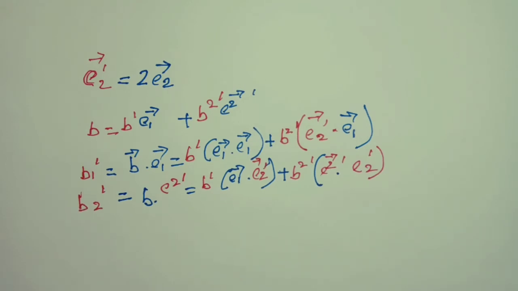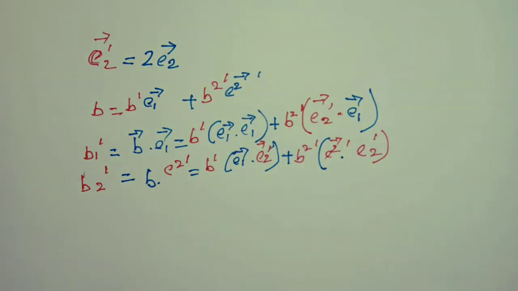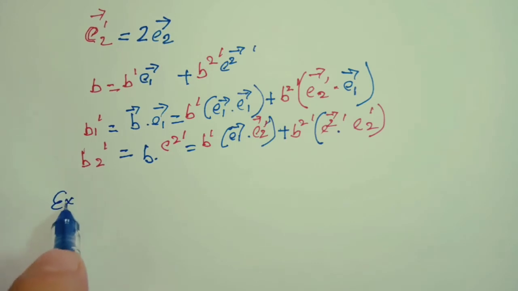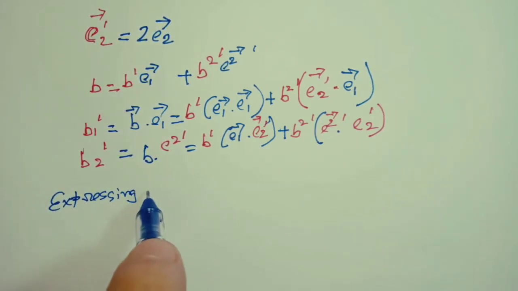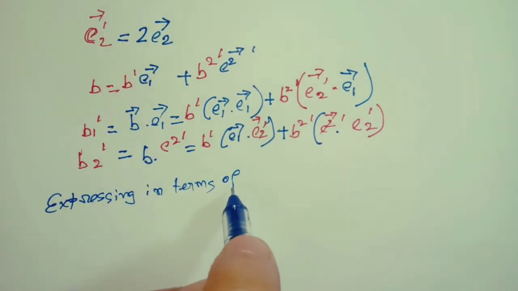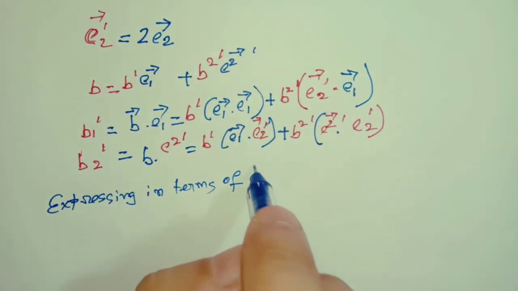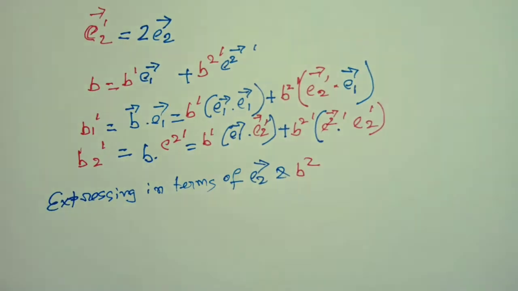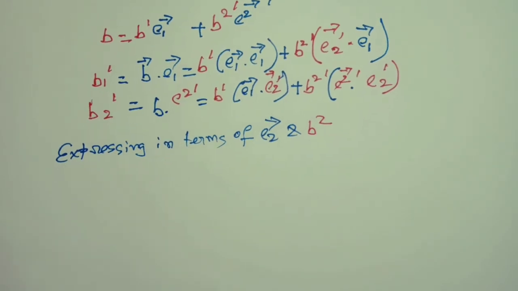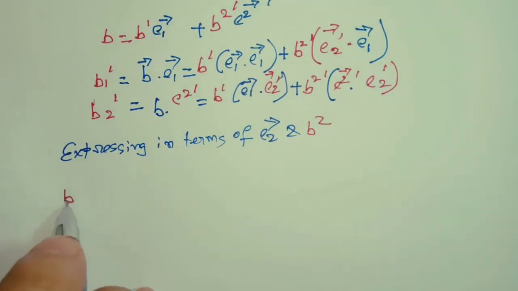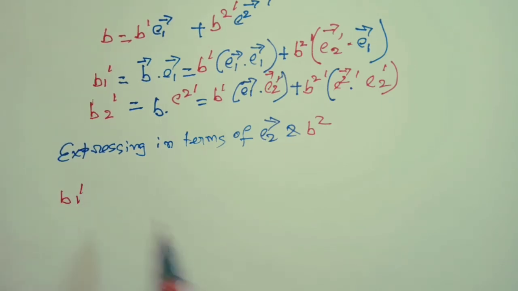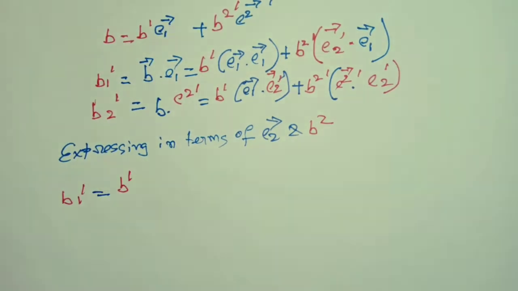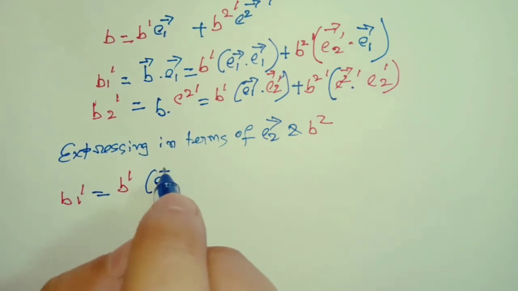So now we can express this entire term in terms of E2 and V2. So just to write over here, expressing in terms of E2 and V2. So what do we find? This would actually show you the final result. B1 prime would be equal to B prime E1 E1,